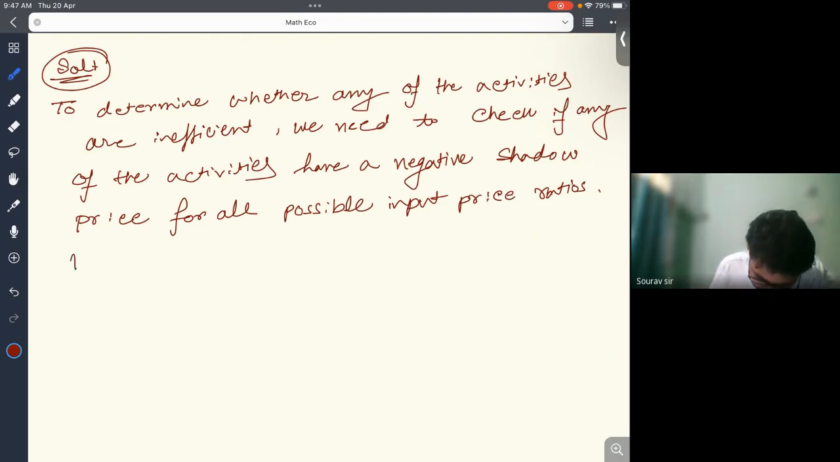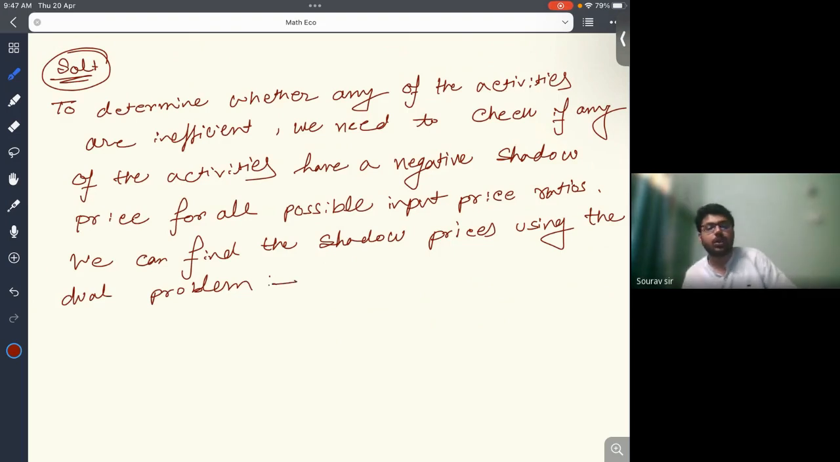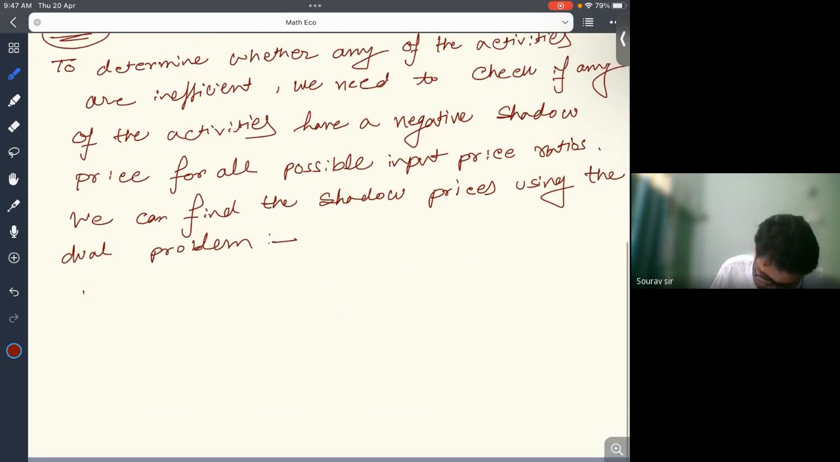Okay, so we can find the shadow prices using the dual problem. Okay, so the objective function is to maximize P1 plus 6P2, right? As per the given question, and there will be many constraints. So the objective is to maximize P1 plus 6P2